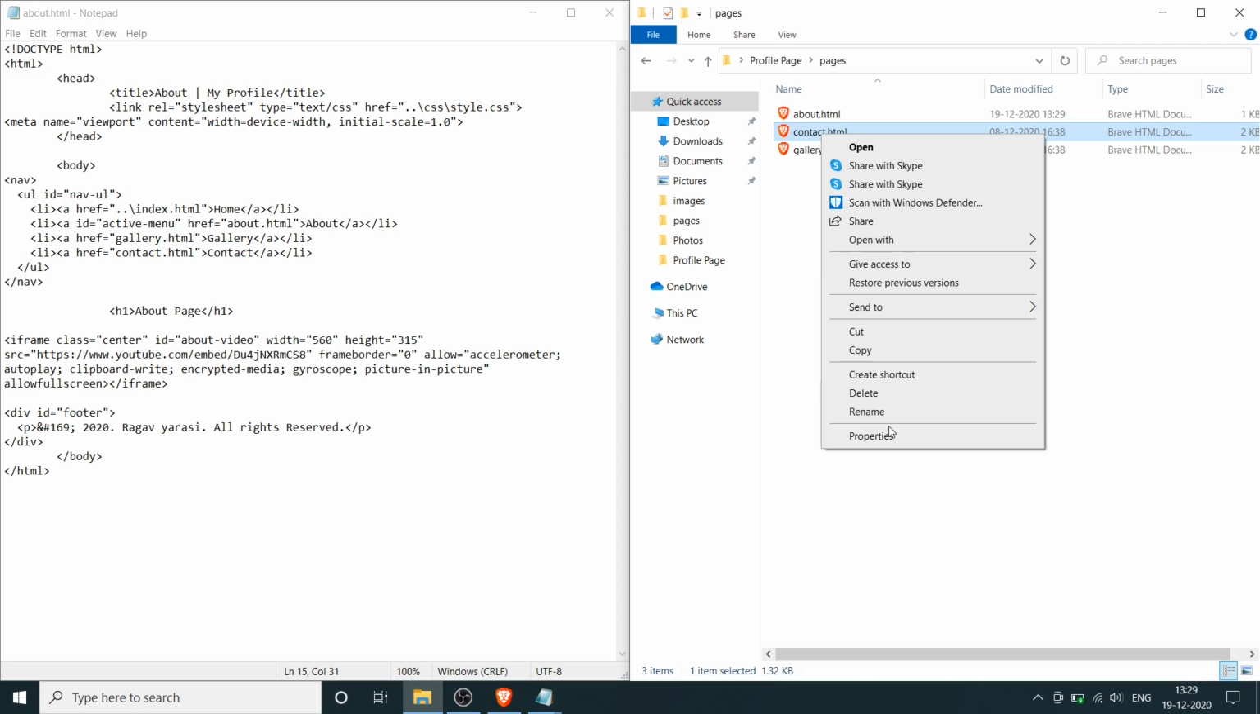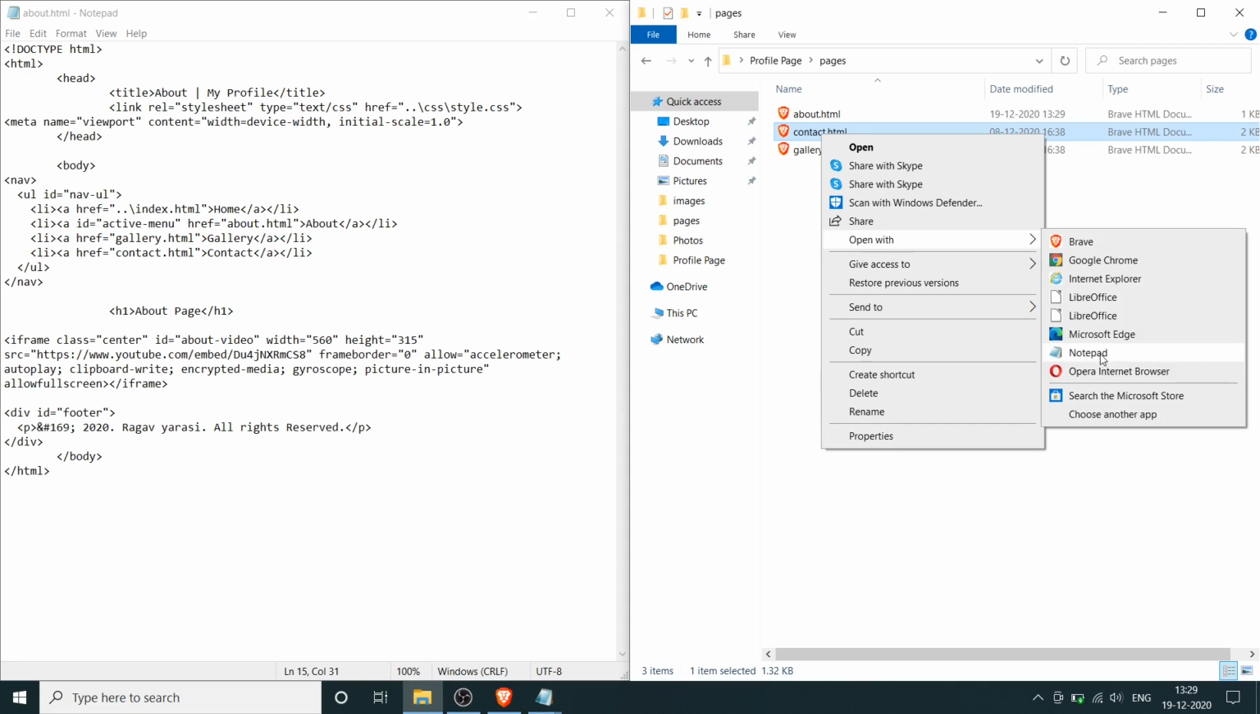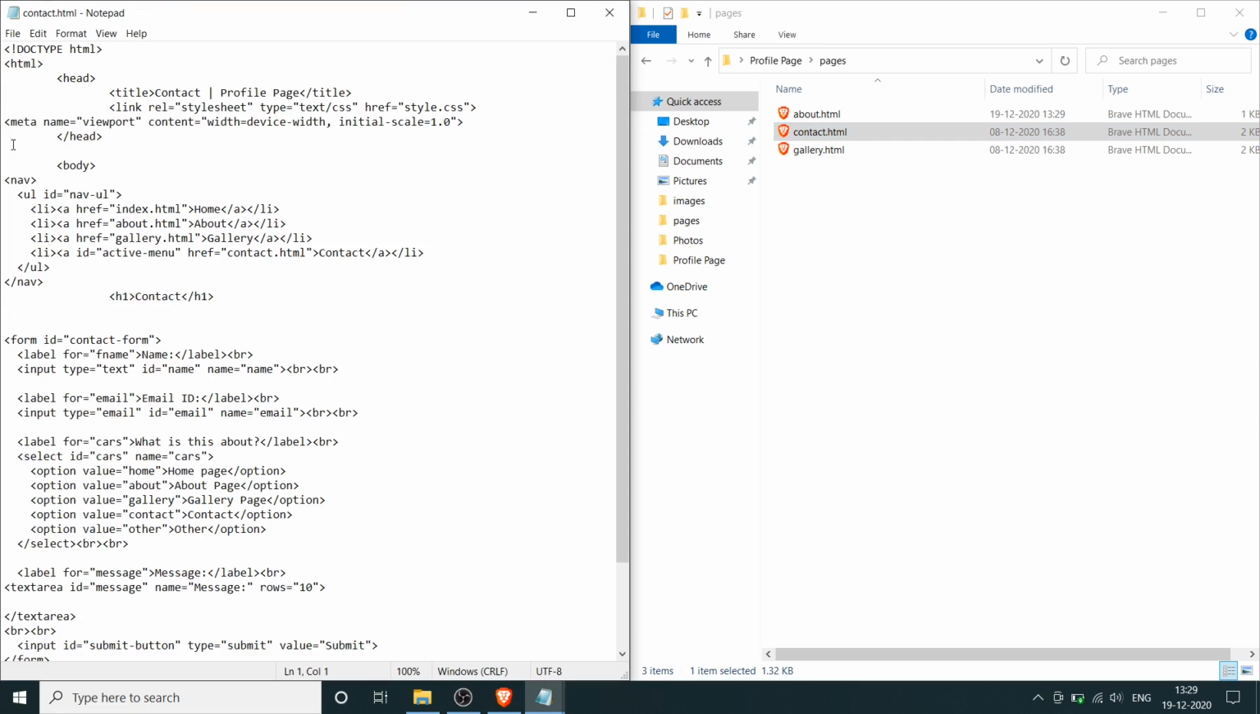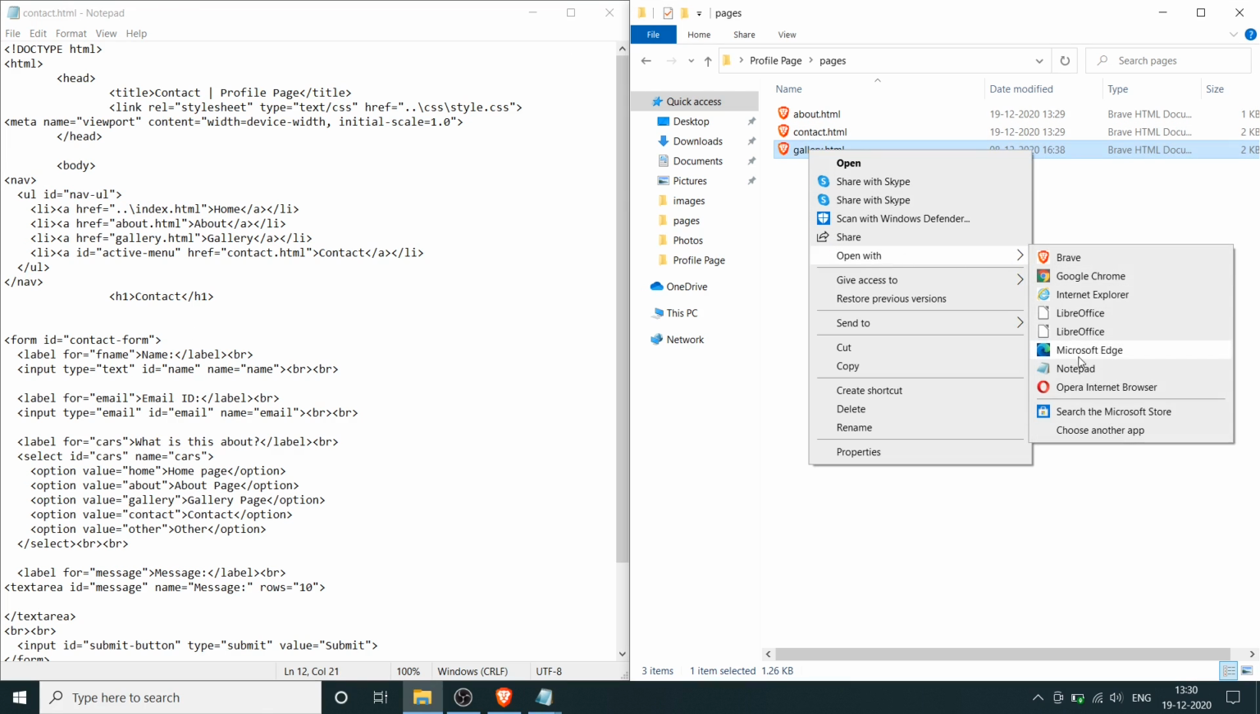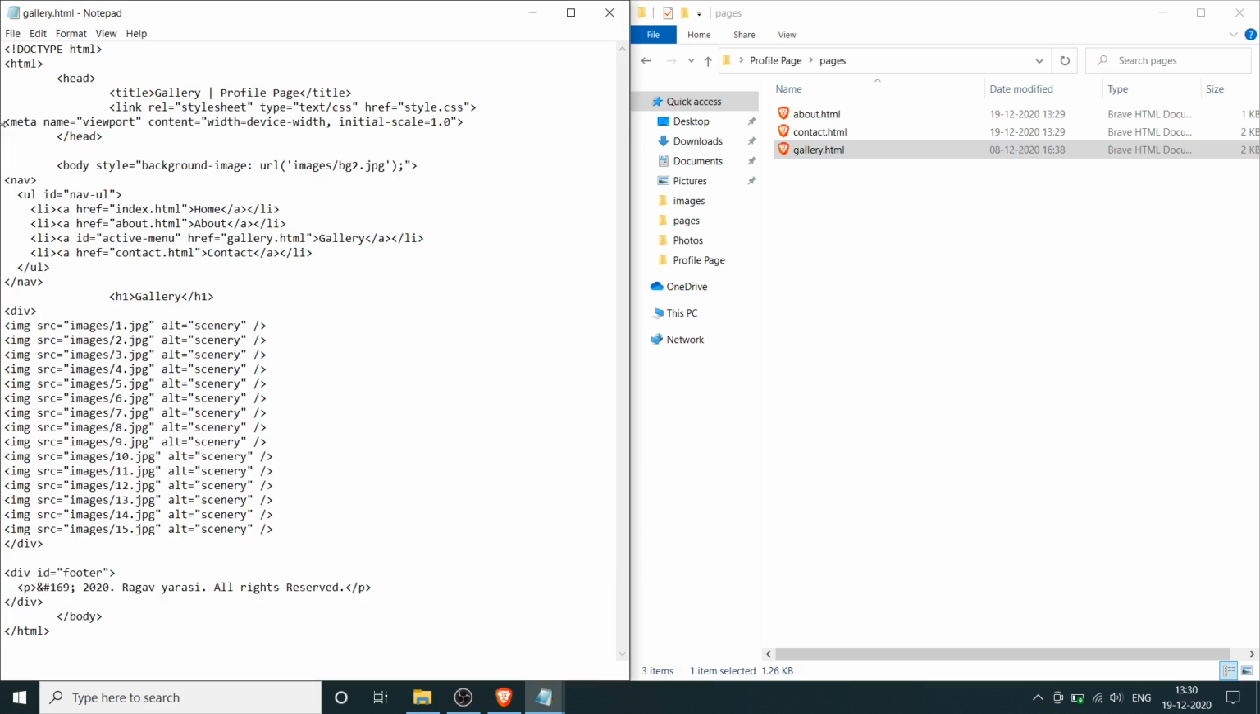Let's go to the contact page now. Again here we need to go to the parent folder and CSS, and then here again we need to go to the parent folder for this. The remaining should be fine. And gallery. Here again we need to go to the parent folder first and then CSS